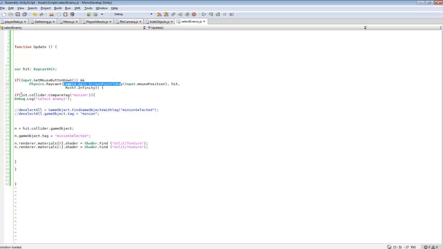So pretty much we're going to check for hit. So yeah, that's a Raycast. So whatever collider we hit, we're going to check for the tag on that collider. Now all my enemies in my scene that I spawn, all of them have the tag minion. So that's a starting reference point. So if we click on the object and it has a tag with minion, then we're going to do something